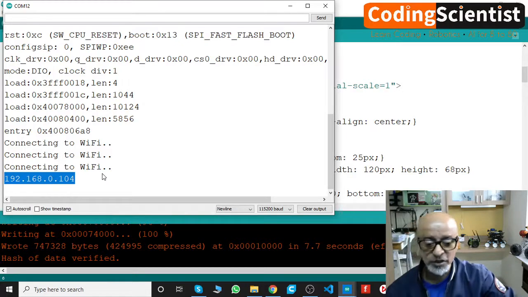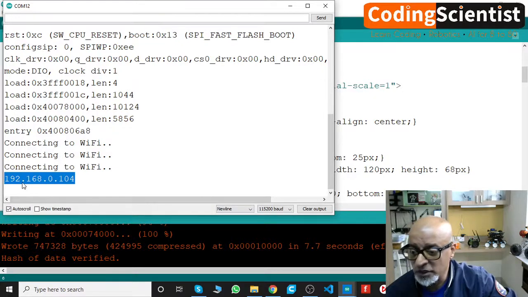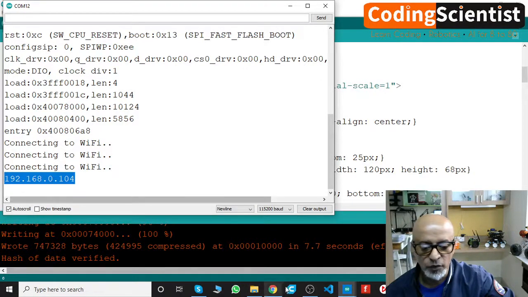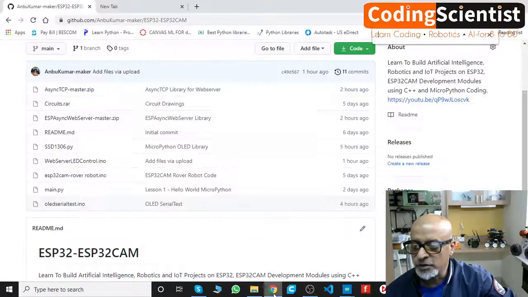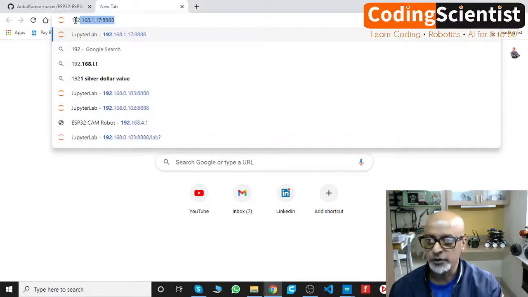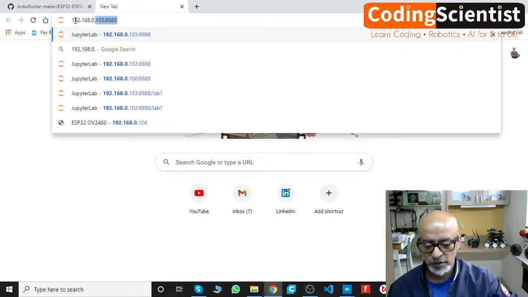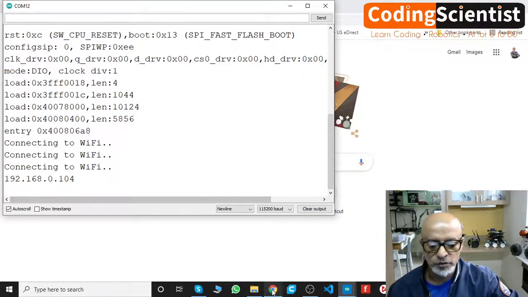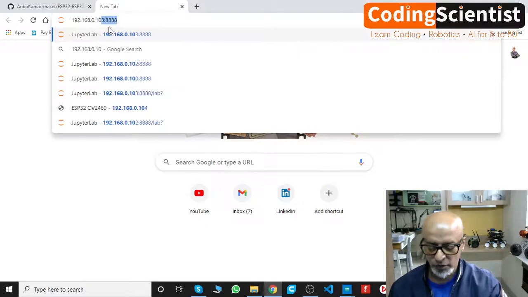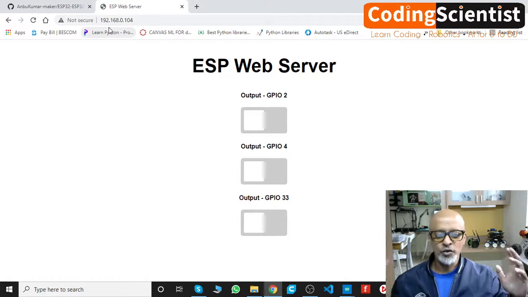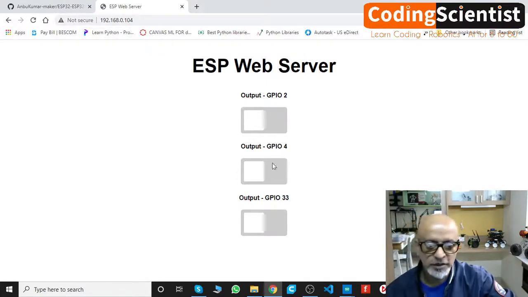You need to open a browser and put it across. So I am going to open up the browser. It's 192.168.0.1.4. Let me open a browser, and then you need to mention 192.168.0. What was that? 0.1.4. Let's cross our fingers. There you go. You got your buttons, but see, there are 3 buttons, right?